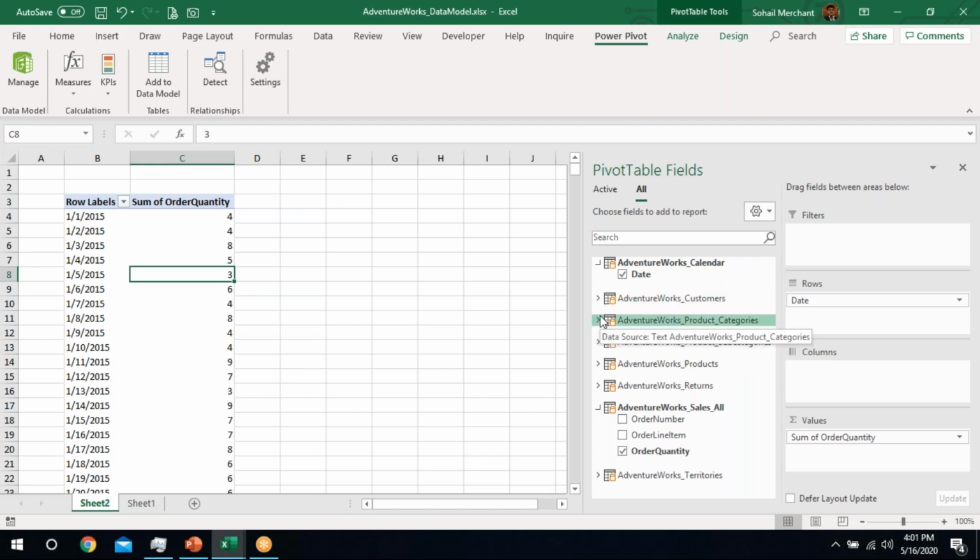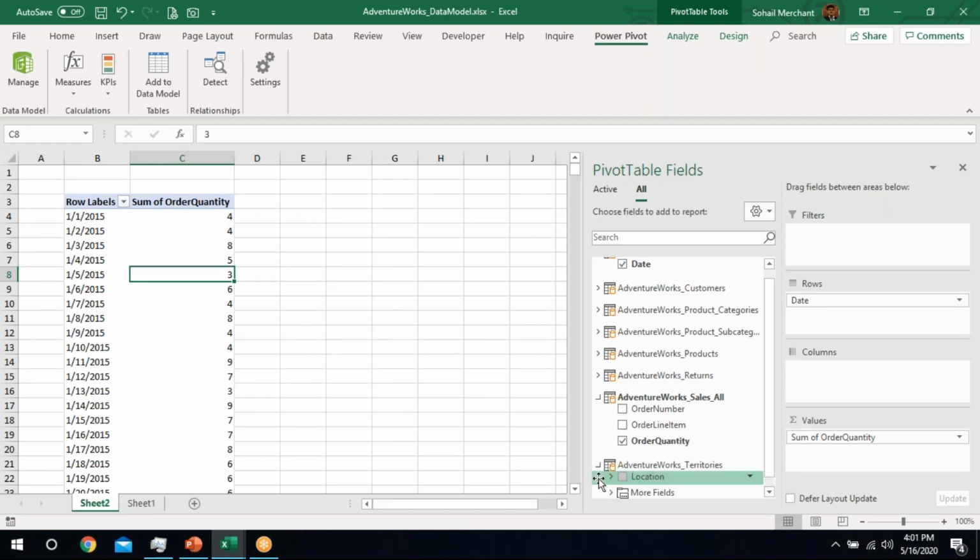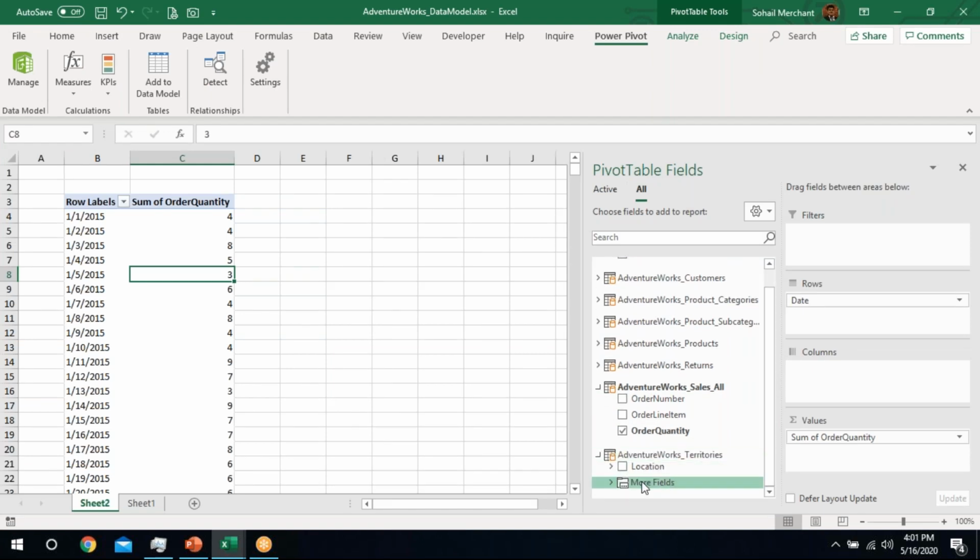One more, we have created a hierarchy in the territories, just dragging this hierarchy in the column.